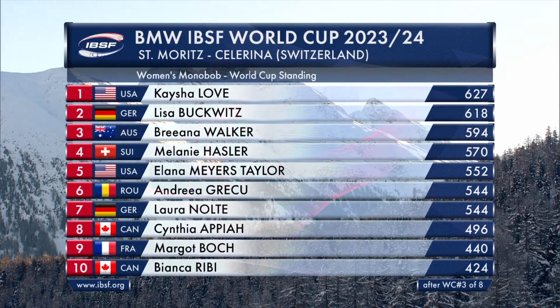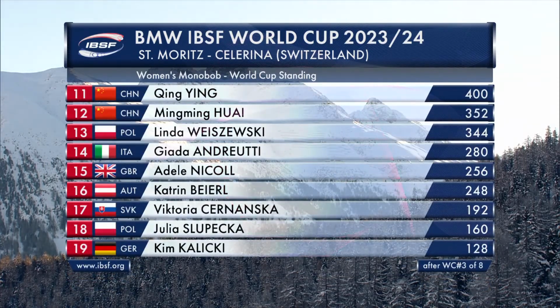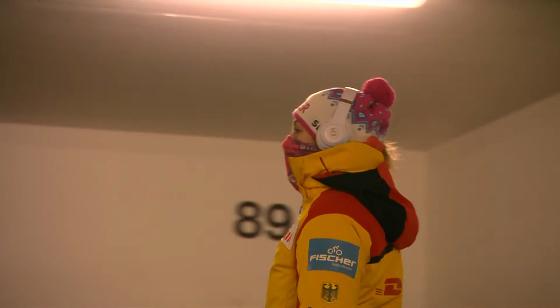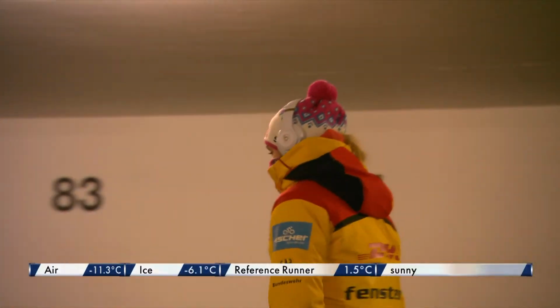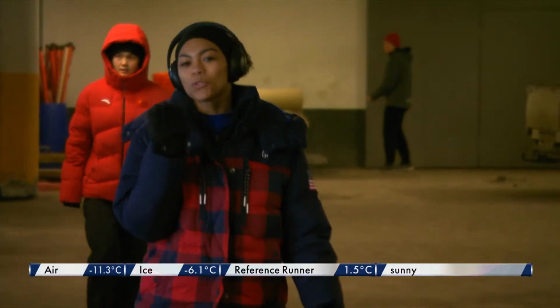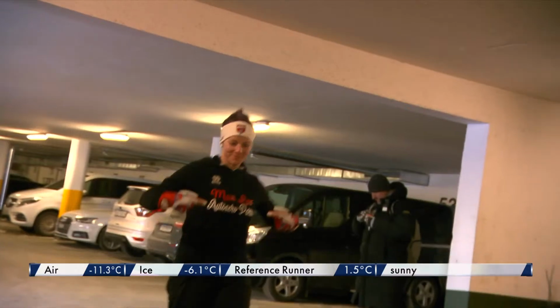Keisha Love, rookie this season, is our World Cup points leader after what has been a sensational start to her driving career, after being a World Championship winning brakeman. Lisa Buckwitz, ditto there, by the way, and Olympic champion brakewoman, lies second in the World Cup rankings. There's Lauren Holter, still working her head around these sleds. There's Keisha Love. This is all in the garage just below the start on the way up from the road